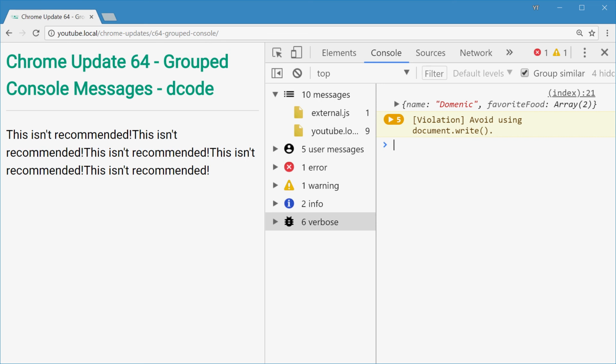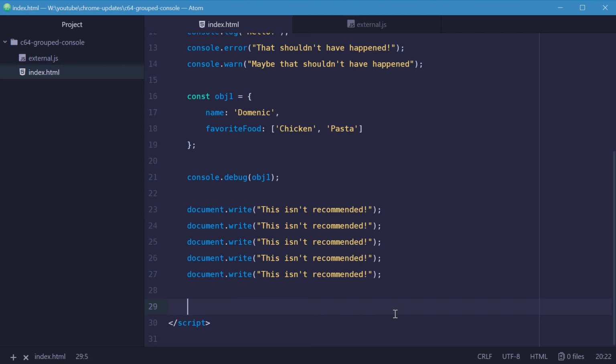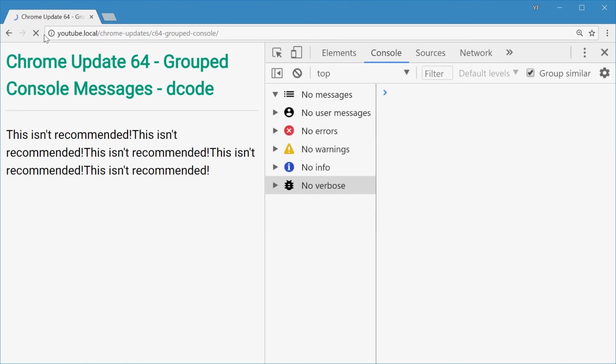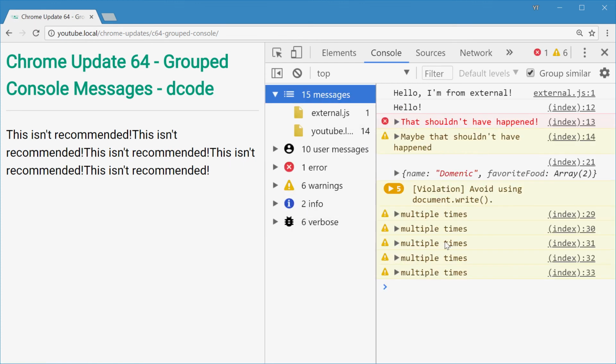For me, I found that actually using the console.warn multiple times, so I'll write out multiple times, as an example text. If I do this multiple times and then save this one and then refresh, you get it multiple times. It doesn't actually group it, but I'm not sure why that's the case, but it does work with violations. So that is the new console sidebar and the idea of grouping similar